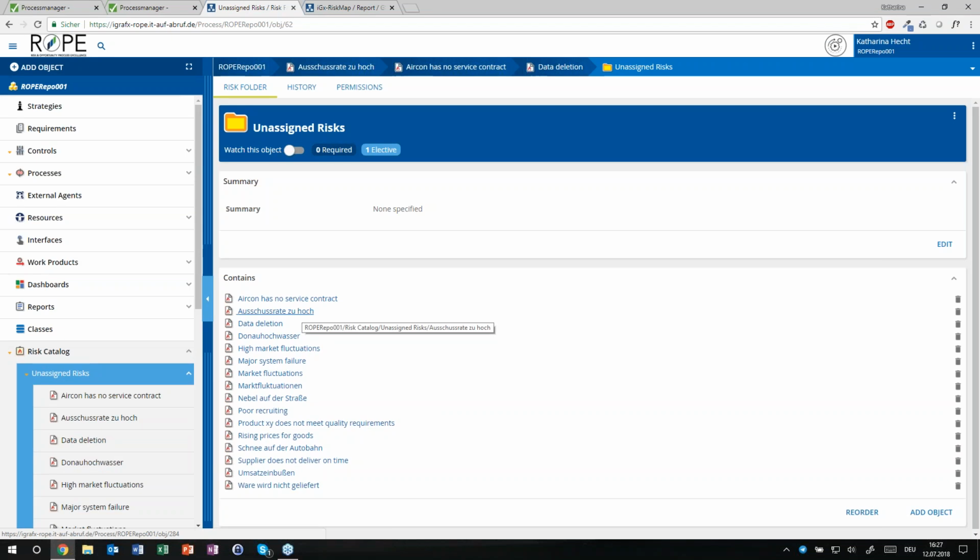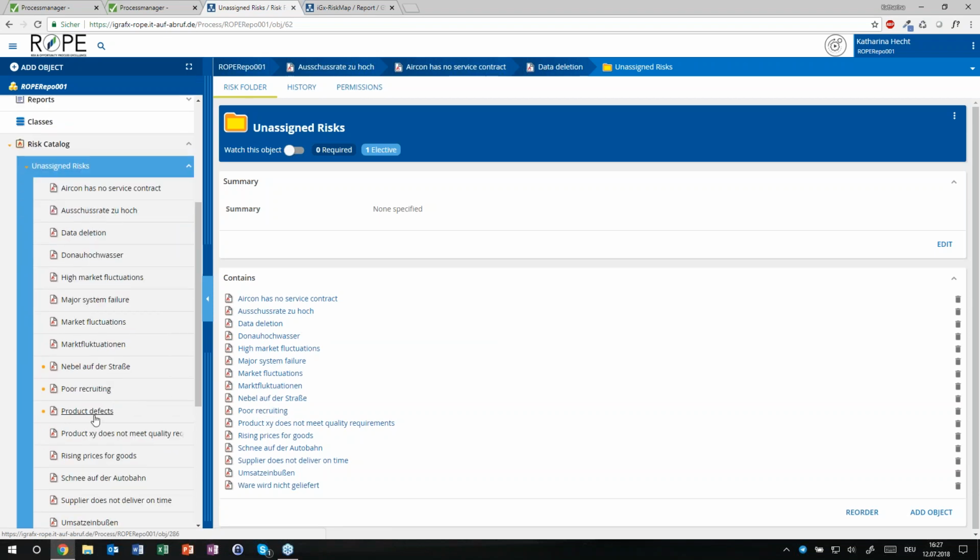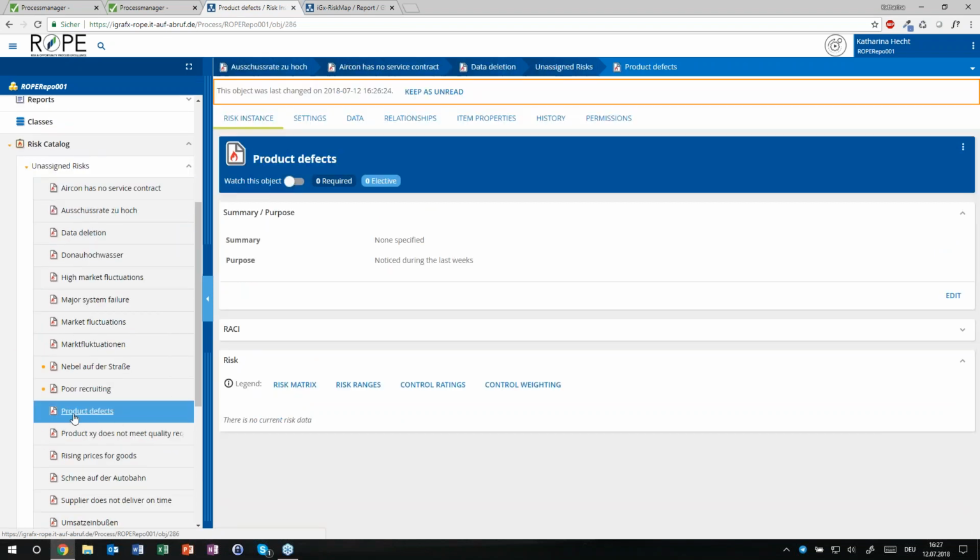And the platform here is about the part where we can map our processes and where we can work on our object framework. So remember the slide Stefan was showing to you with all the connections and the icons on the slide. So those are all our enterprise objects, which describe a process and which have the possibility to link different objects to it. One of those objects are the risks, and whenever I identified a new risk, this is automatically pulled into the platform so that I can see here now the risk product defects.